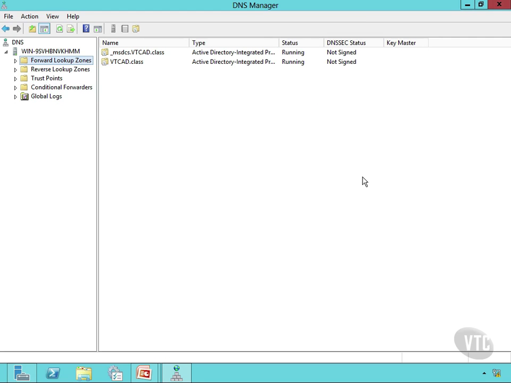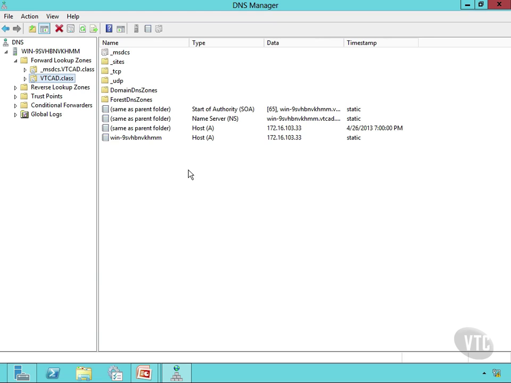I just added the DNS role to this server, and then it picked up my Active Directory. So here are my forward lookup zones. These were set up for me when I set up my DNS server, MSDCS, and that's the name of my Active Directory domain. You haven't seen an Active Directory domain get created yet. That's later on in the course, so just kind of